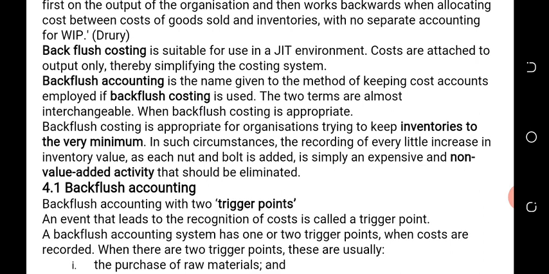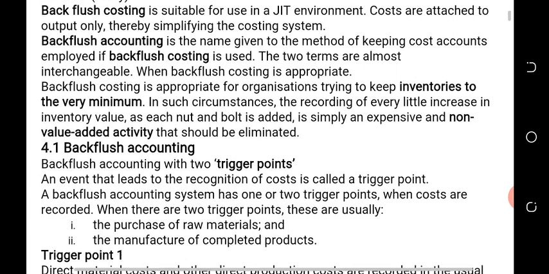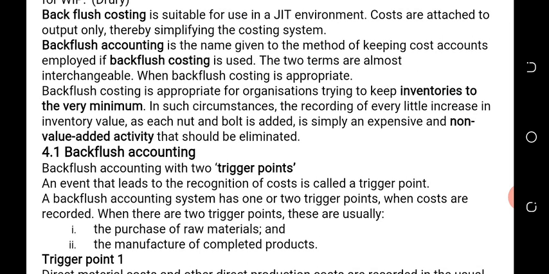Backflush accounting is the name given to the method of keeping cost accounts employed in backflush costing. The two terms are almost interchangeable. So sometimes backflush accounting can also be interchanged with backflush costing. Backflush costing is an approach for organizations trying to keep inventories to the very minimum. So backflush costing is always used for organizations